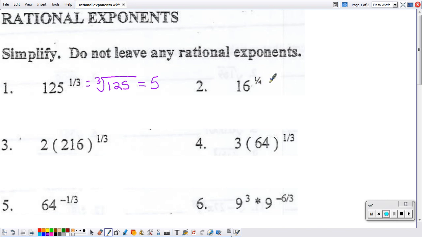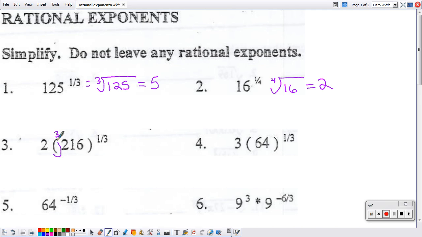Now here my denominator is 4 in my exponent. So I have the fourth root of 16. Now what multiplied 4 times gives me 16? 2. Okay, now for number 3, I have a rational exponent of 1/3, which is going to mean the third